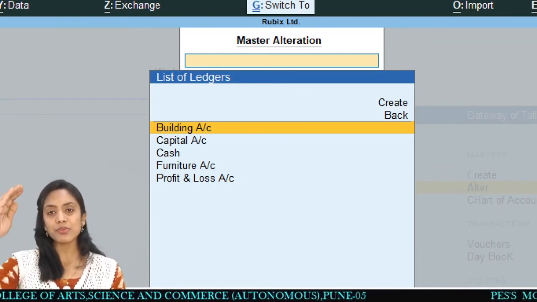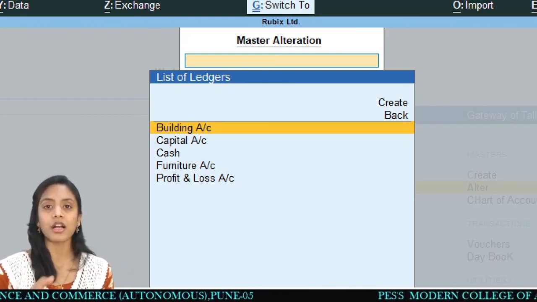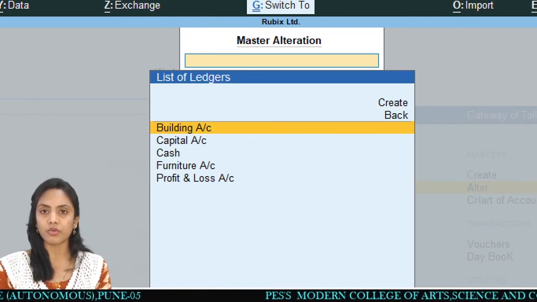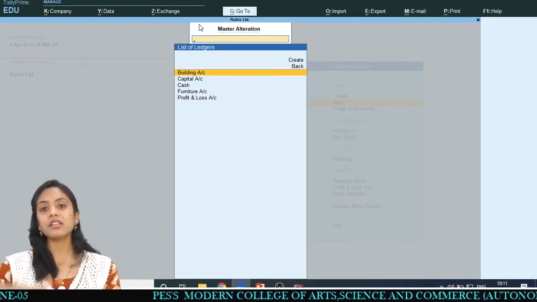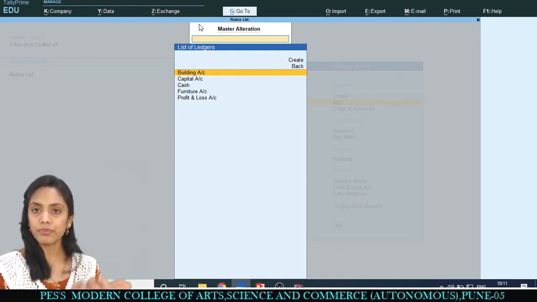So likewise, as per the need of the transactions, you have to prepare ledger accounts of this type that we have created over here. You have to be very careful in giving the groups for that ledger. Then only you will get the proper result.